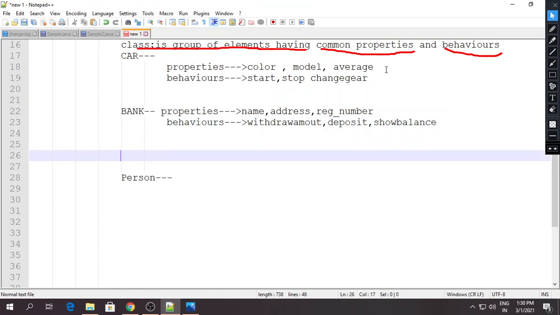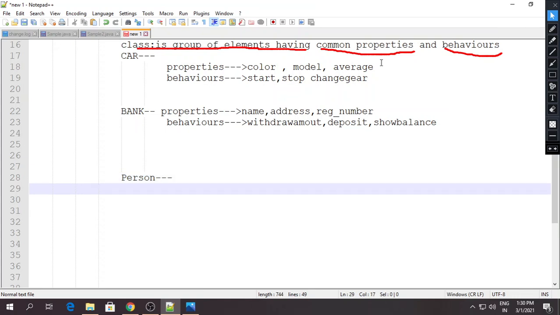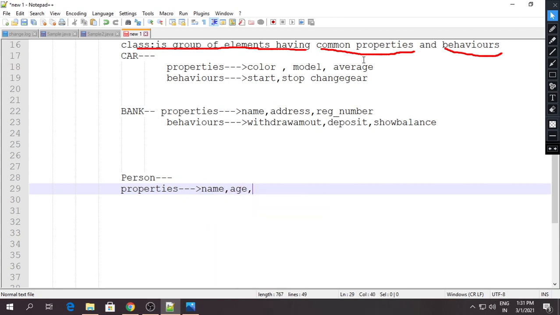And the third example is a person. The same pattern. If you consider a person as a class, it has some common properties, like the name of the person, age of the person, right?